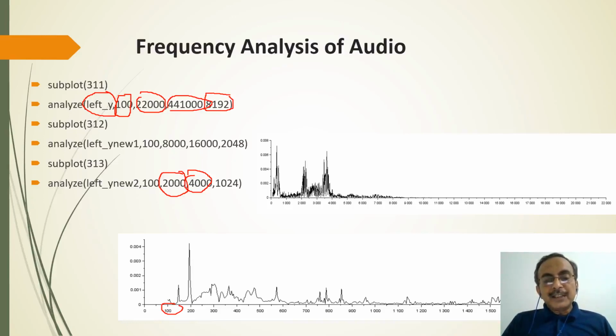And we can see that the peak occurring over here, roughly about 200 hertz, the same peak is occurring in this case as well. But the higher frequency components above 2 kilohertz are absent when the sampling rate is 4 kilohertz. And therefore we perceive that the quality of the music is not as good as in the original case.